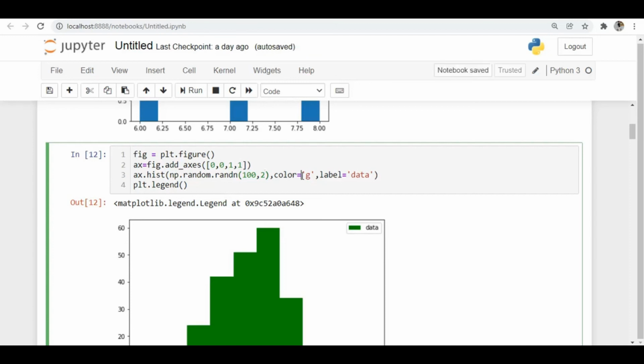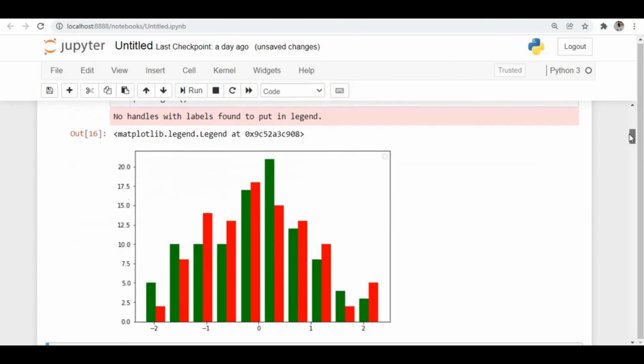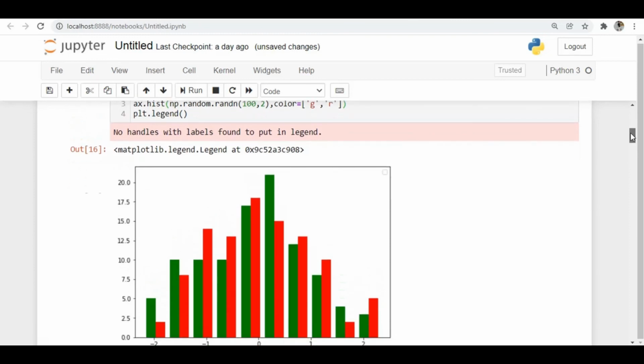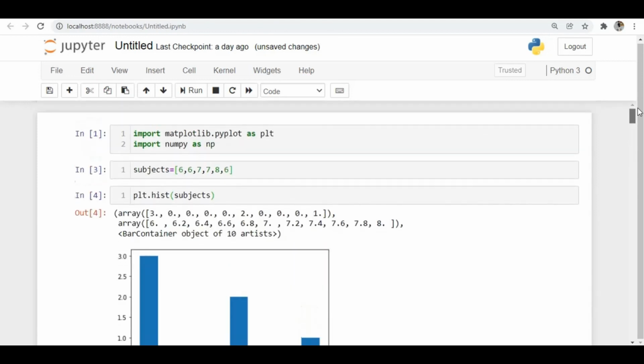And let's specify the colors as green and red. Now when I plot this, you can see the data. So this is how you can plot multiple data. If you want to compare multiple data side by side using a histogram, this is the way you can do that. So this is about histograms.